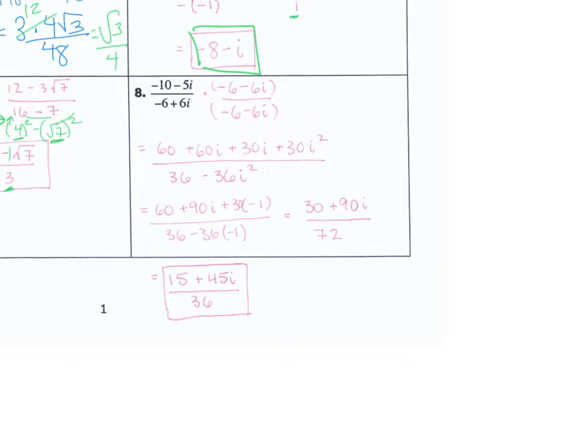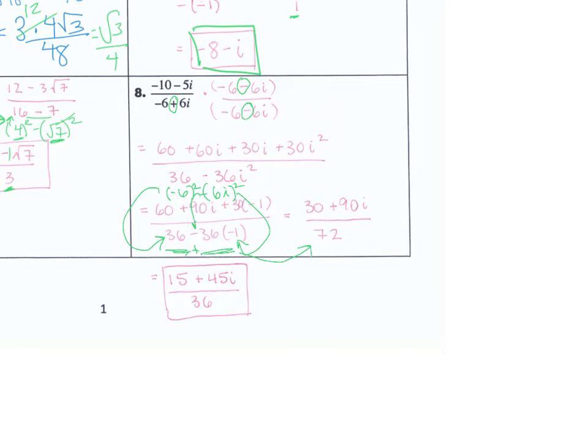Similarly, for this next one, you multiply by the conjugate, so you just change the sign from positive to a negative, do the same thing on top and bottom. The denominator is the easy part. Remember, you just do the first term squared minus the second term squared. So that's how you end up with 36 minus i squared becomes the -1. So you get 36 plus 36, because of the double negative, and that's what gets you